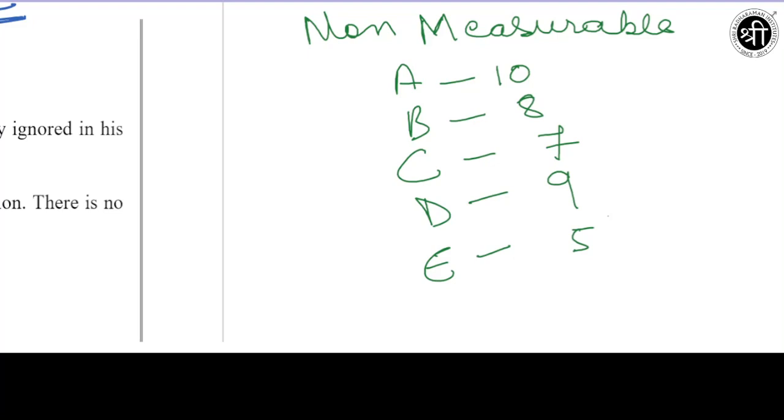Okay, these performers, they performed in front of a judge, and they gave satisfaction to the judge, they gave utility to the judge, but the judge cannot exactly measure how much satisfaction did they give him. But he can give them a rating. So this is what basically the rating is. Okay, now